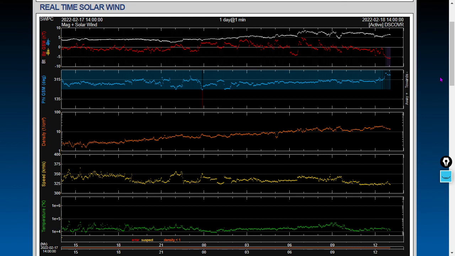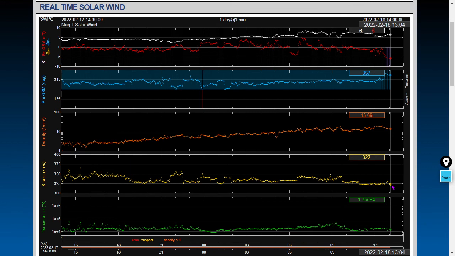Next, looking at the real-time solar wind, we see the solar wind density has ramped up. So we see a coronal hole wind stream arriving here. Looks like the peak density we just reached at just under 20 protons per cubic centimeter there. So we can expect to see a downtick in the density and an uptick in the solar wind speed, the signature of a coronal hole high-speed stream. Current conditions are only 322 kilometers per second for the solar wind speed,